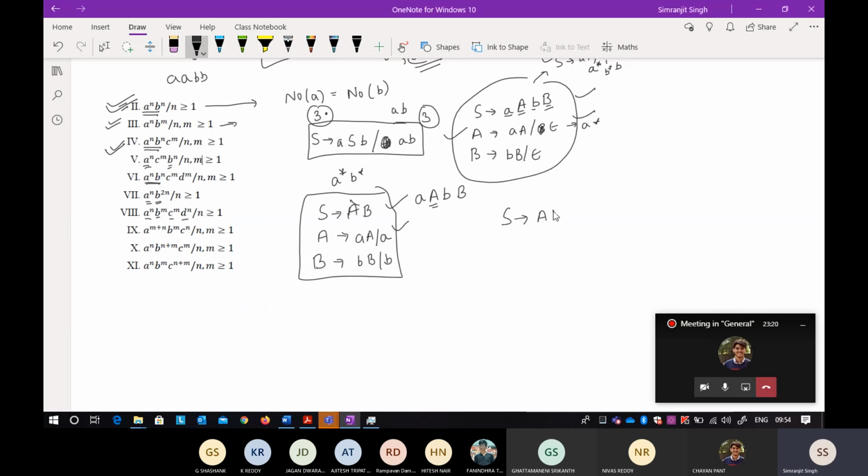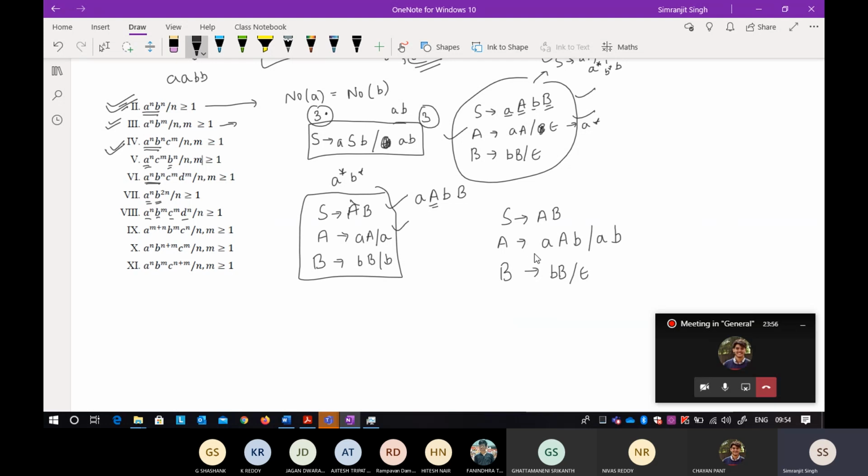That is S tends to AB, and then a single A is tending to the same thing that we have already discussed. This is your building block. If there is S, and if there is greater than or equal to 1, you again have to include this one. So it will be a single a, then a followed by a b. Now it is a balanced tree, number of a's equal to the number of b's. For b you can just do a b star here. That is absolutely correct.